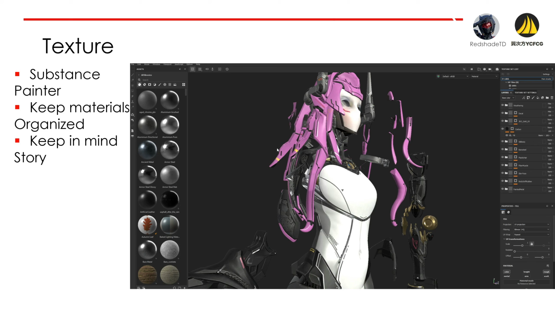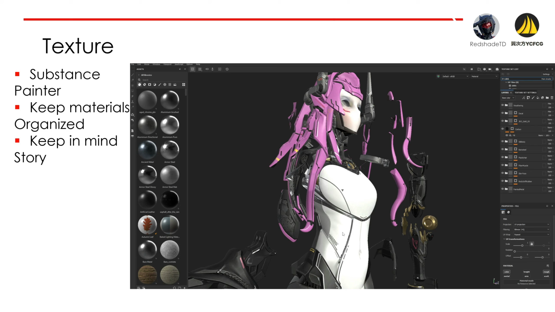And texturing is also where you have to keep in mind your character stories. Making a character more dirty, more dark, more grimy makes them look good. But keep in mind, does that fit your character or not? For my character, I want her to be a pristinely clean and high-tech mecha. So having dirt and scratches and dust everywhere would not match her aesthetic. So I keep the scratches, the dirt, and everything like that